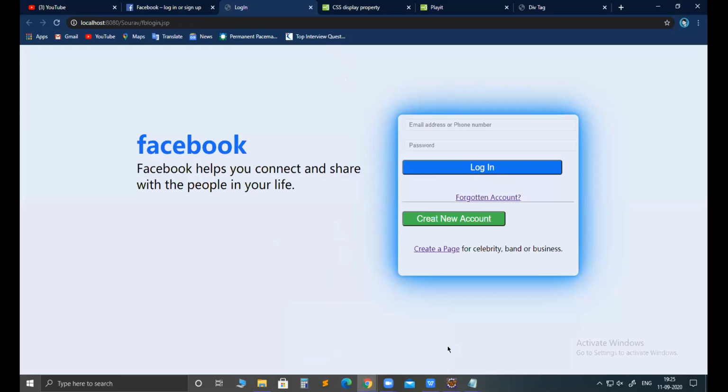Some issues I am facing right now: this part, I want to create new account, this part to align into the center, and this login part also. I did not complete these two parts. After completion, it will be complete. Okay, complete it. Otherwise, it is good.